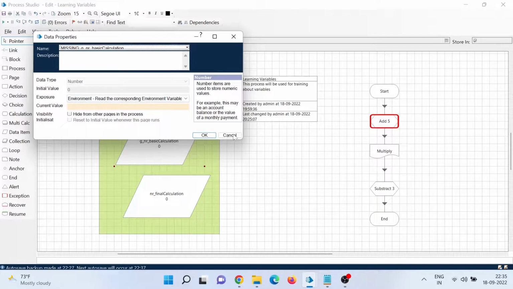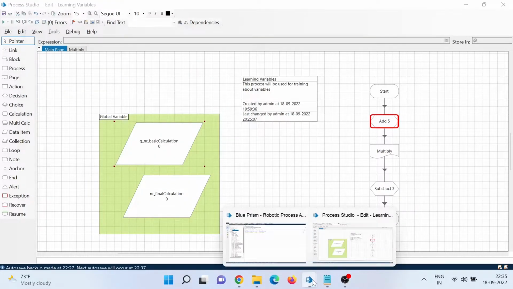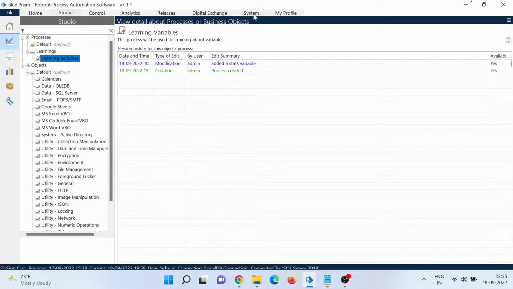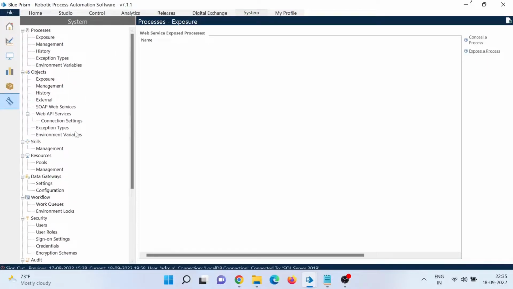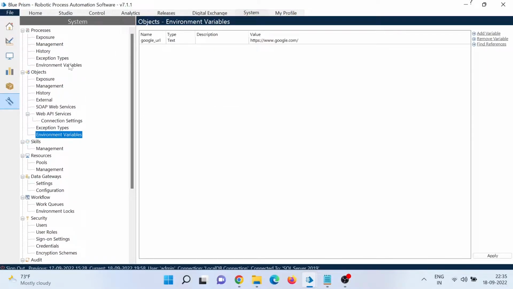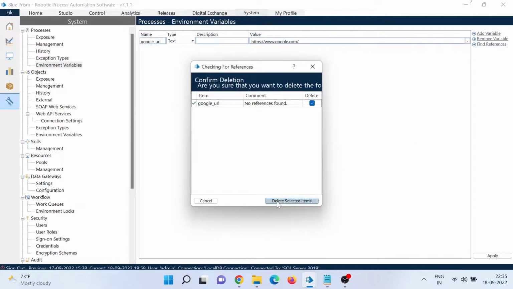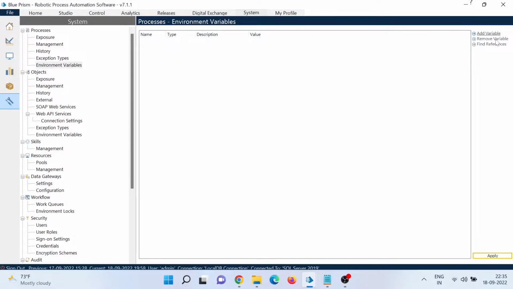So where I can create an environment variable is if you go to system and then you go to environment variables. I think these two are actually the same, either under process or under object. Let me remove it. Let me create a new one, delete selected item. Okay, so let's say I am adding the Google